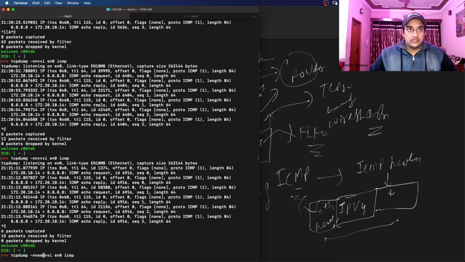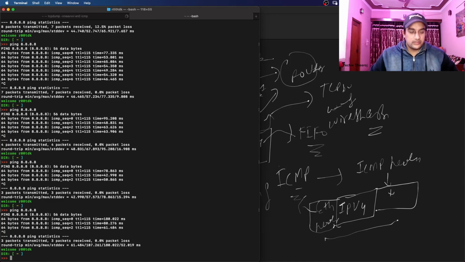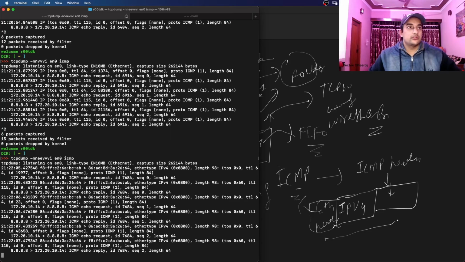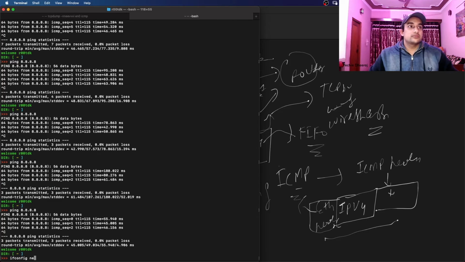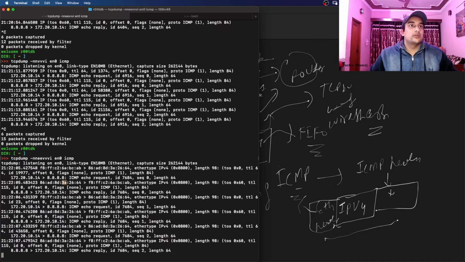EE. EE generally tells us the Ethernet information, the Ethernet header. So we can use this also. Let's just see. Okay, so as you can see here, we are able to see Ethernet information. In this echo request packet, we are able to see the source MAC address. Let me just show you what the source MAC address is. Okay, sorry, this is the packet first.